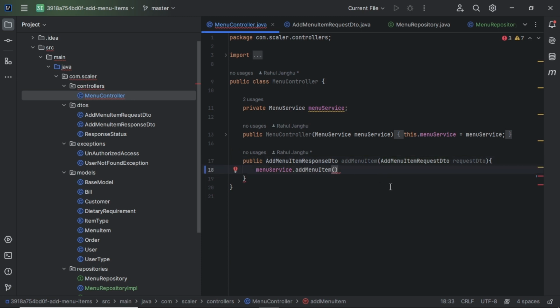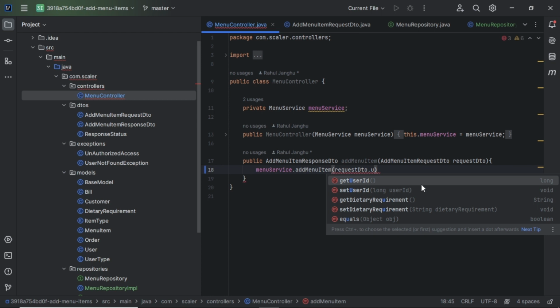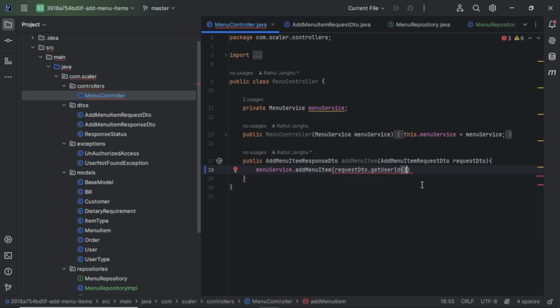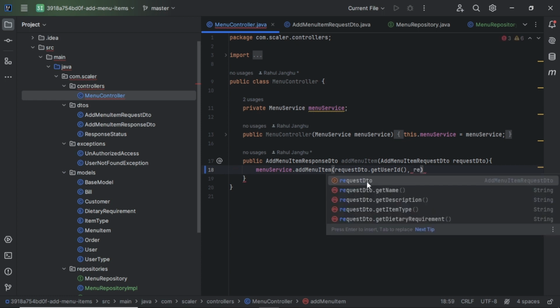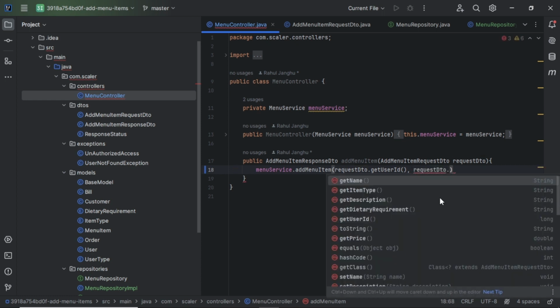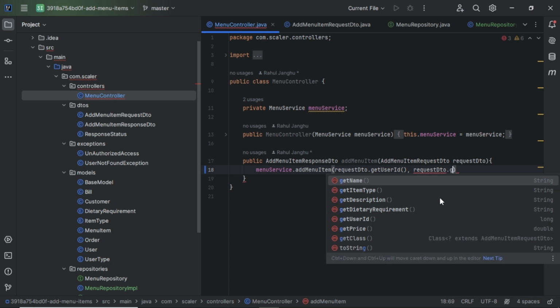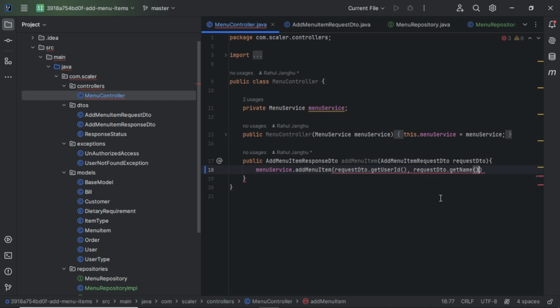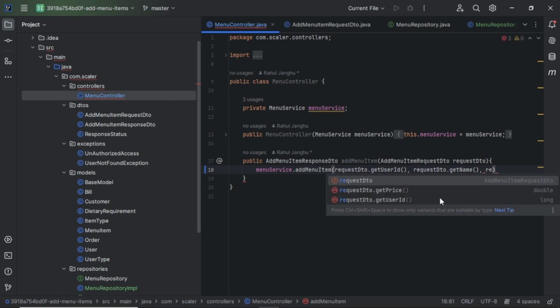I pass all the things one by one using the request DTO. First, we get the user ID using the getter function. Then second, we pass request DTO dot get name. Now comma, third, we will do the same. I'm doing it fast.